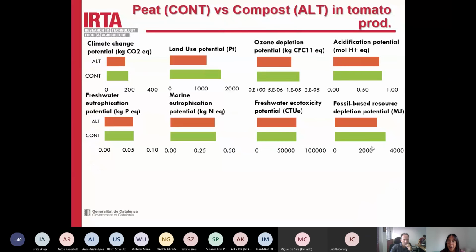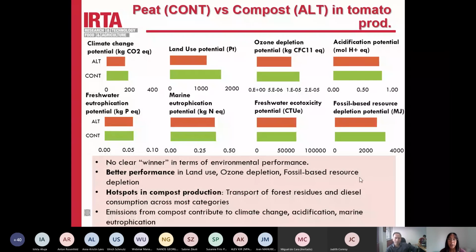So here we have the results for the substrate scenario, only looking at changing the substrate. The peat would be the contentious scenario and compost would be the alternative scenario, but maintaining that LDPE, the fossil-based plastic, was the control mulch. So again, there's no clear winner. The alternative scenario performs better in some categories, but the same or worse in other categories,